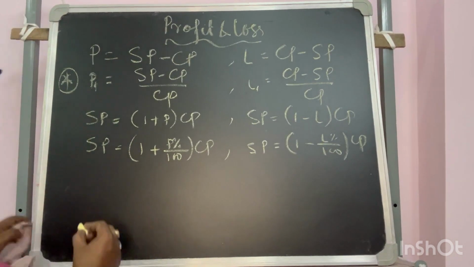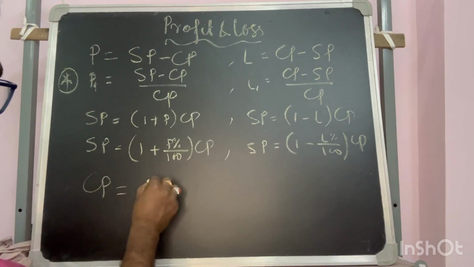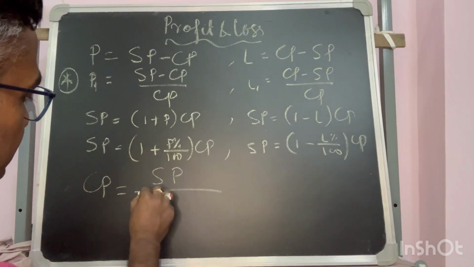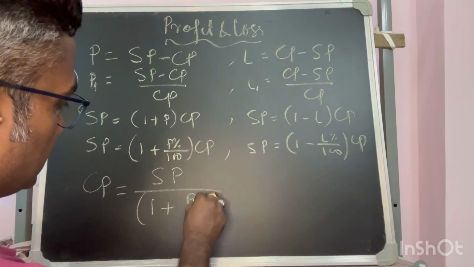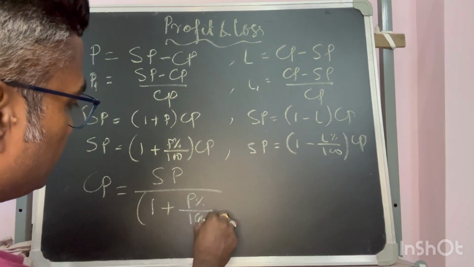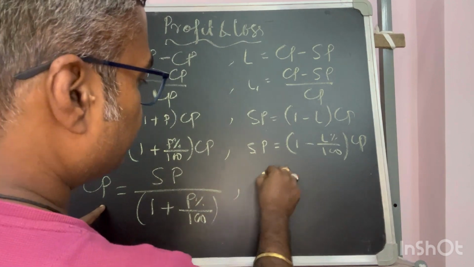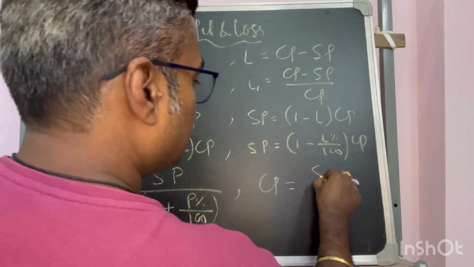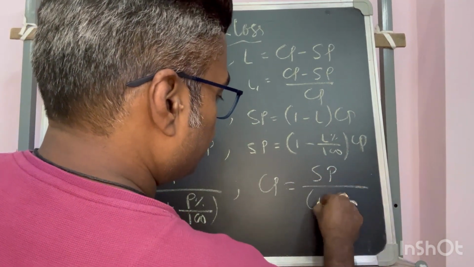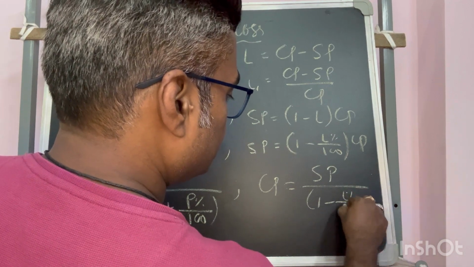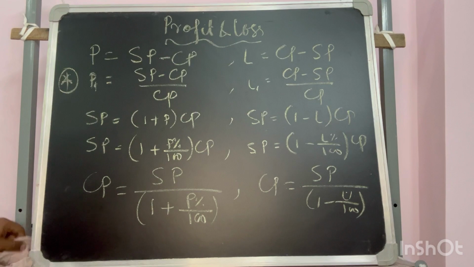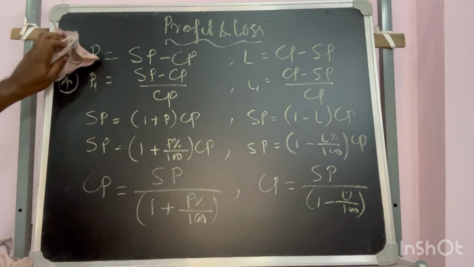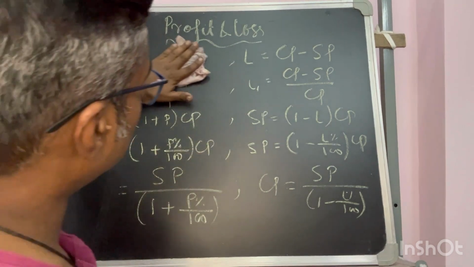so then from here we can calculate by taking this part below the Sp to get Cp. This is very much obvious, you can get it easily, even though I am writing it here. So this will be the case for profit as well as loss. Okay, can I rub it out? Yes. So now next,